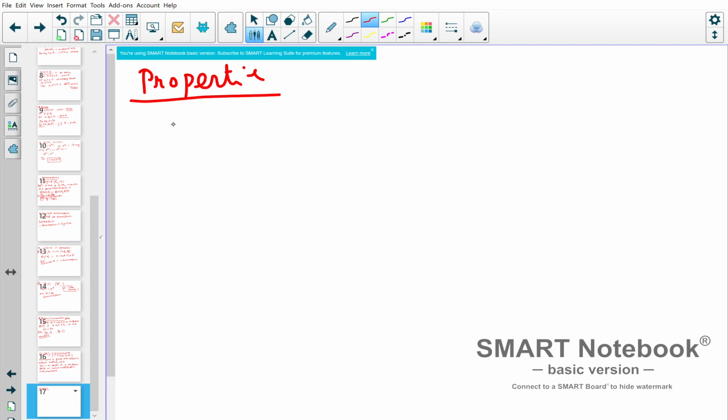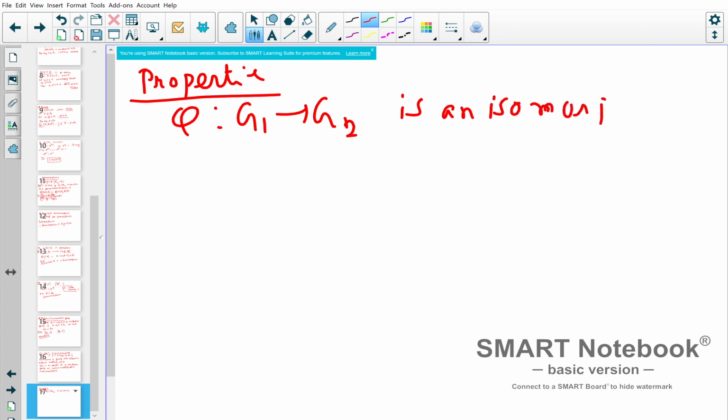So suppose phi from, say, G1 to G2 is an isomorphism. Then there are many properties you can find out that they are true actually. For example, the cardinalities are the same,